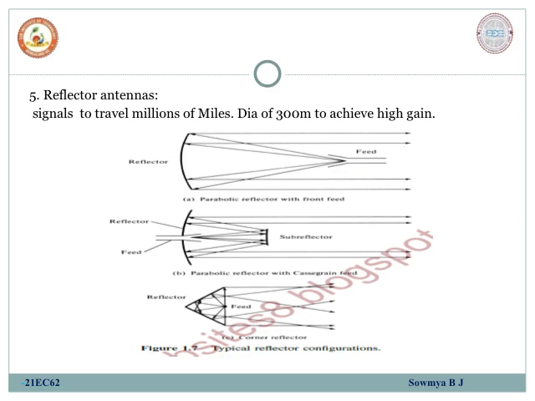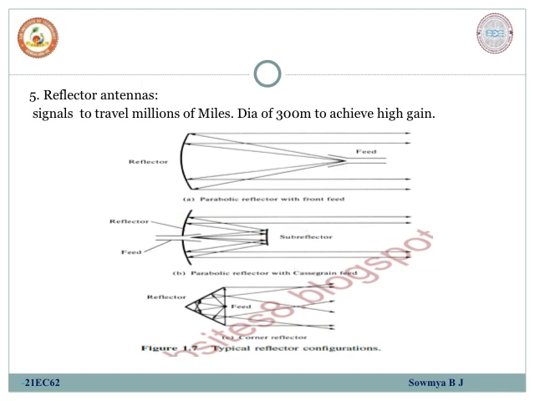Whenever we want to transmit the signal for many kilometers or many miles, in such cases we go for reflector antennas. Similarly, there is one more type, the parabolic reflector with Cassegrain feed. In this, instead of one reflector, we have two reflectors. This is where the feeder element is fed. From this, the signal is sent to the subreflector first. From the subreflector, the signal is reflected to the reflector,